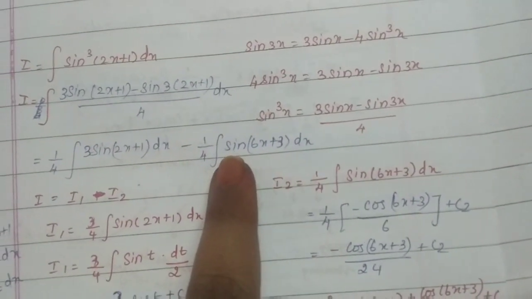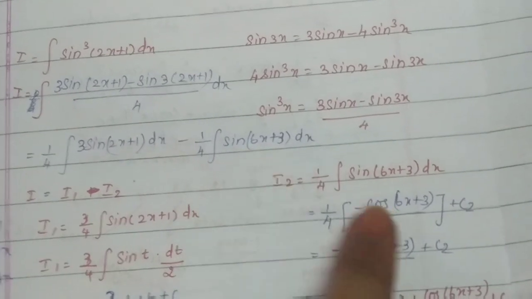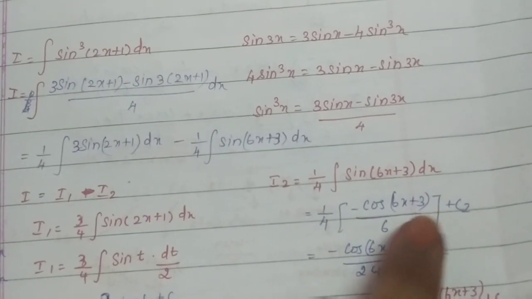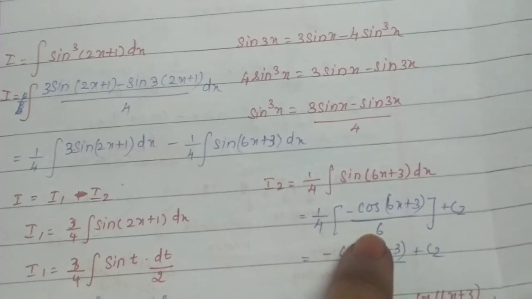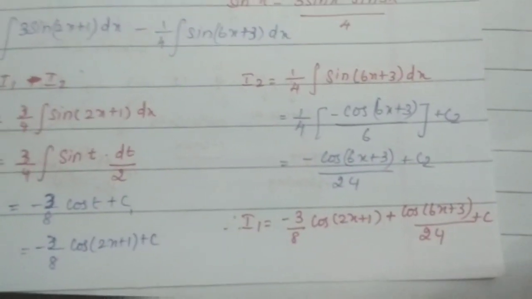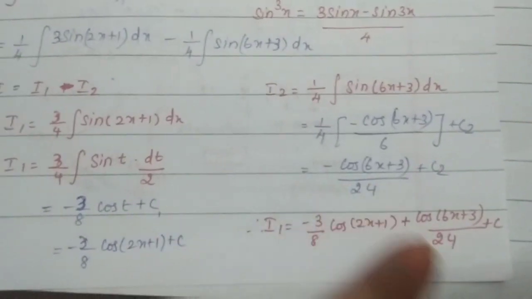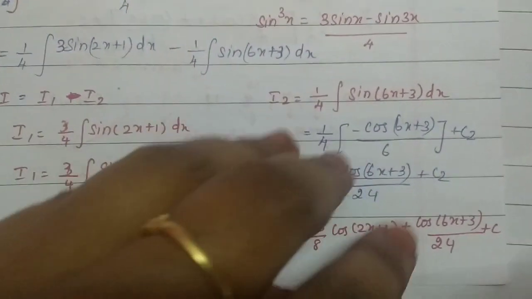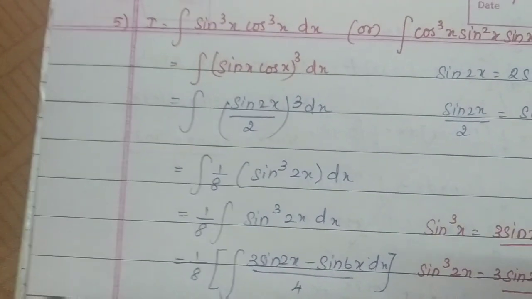Similarly, when you integrate this integral, you will get minus cos of 6x plus 3 divided by the coefficient of x, which is 6, plus constant. Add these two integrals together, you will be getting this integral. This one plus this one, you will be getting this. Now let us move on to